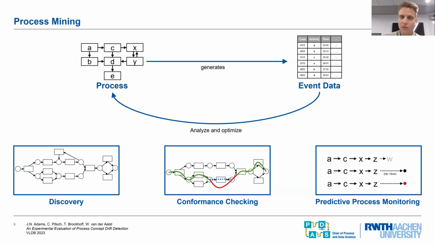And now, a very common problem that we always face in reality is concept drift. So you can just imagine there is some type of new legislation. There are some big shifts in the global economy or how we live, as there have been several times over the last few years. And if there is such a concept drift, that means the underlying process changes. And that also means that the rules we have learned in the past, for example in predictive monitoring, might not be valid anymore, or the models, how we have discovered them in the past, are not valid anymore. So we actually need to